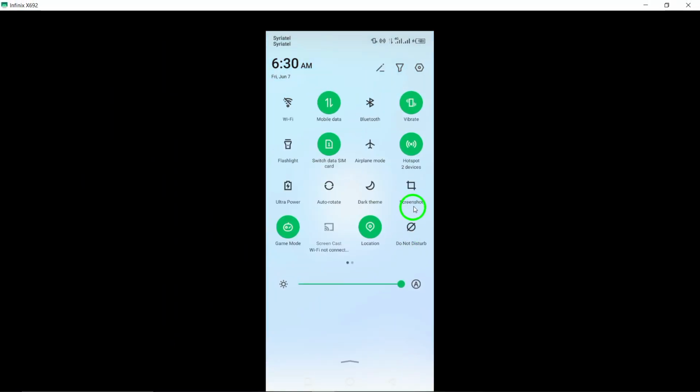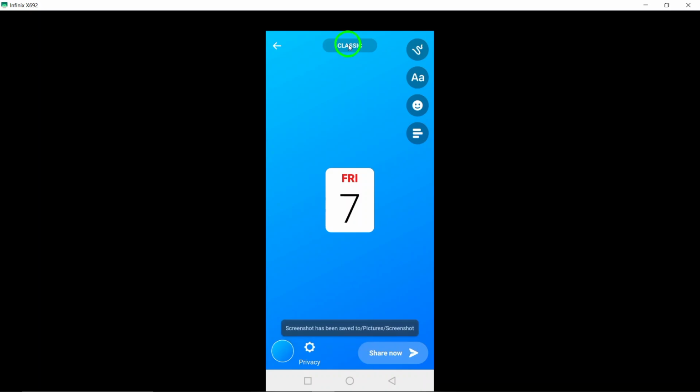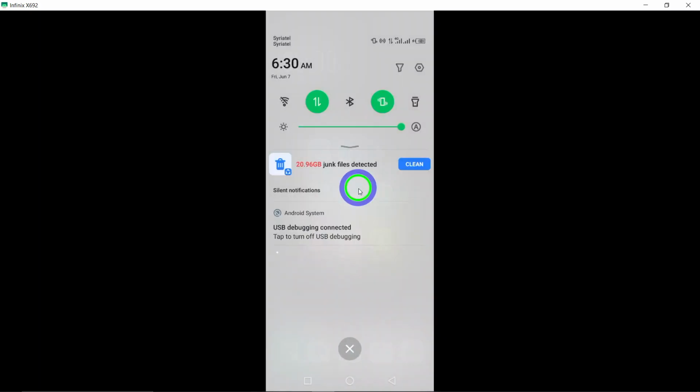By following these steps, you can easily incorporate the date into your Messenger status, keeping your contacts informed and engaged